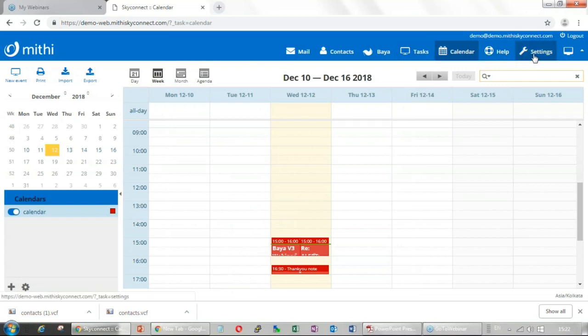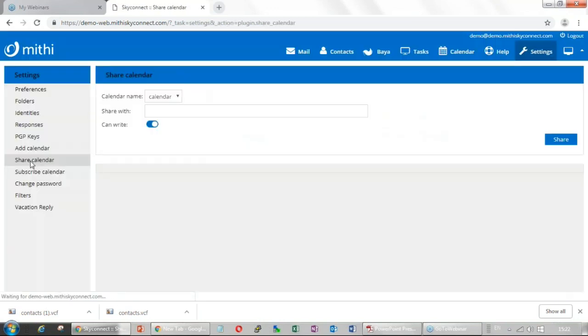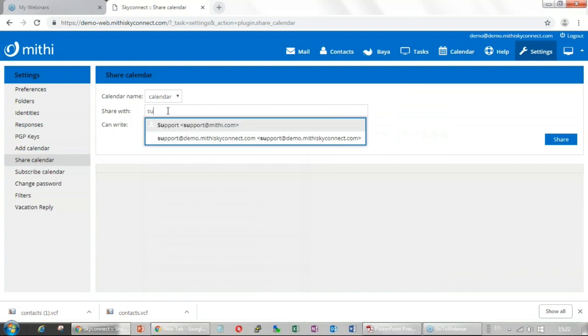So let's go to the interesting part of this. If you go to the settings page, you can share the calendar. Your own calendar can be shared with other members. You can put the email ID over here.